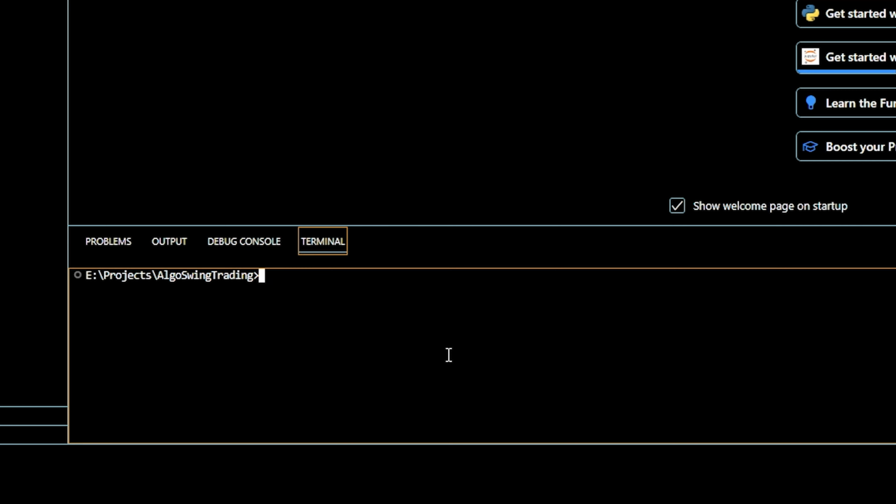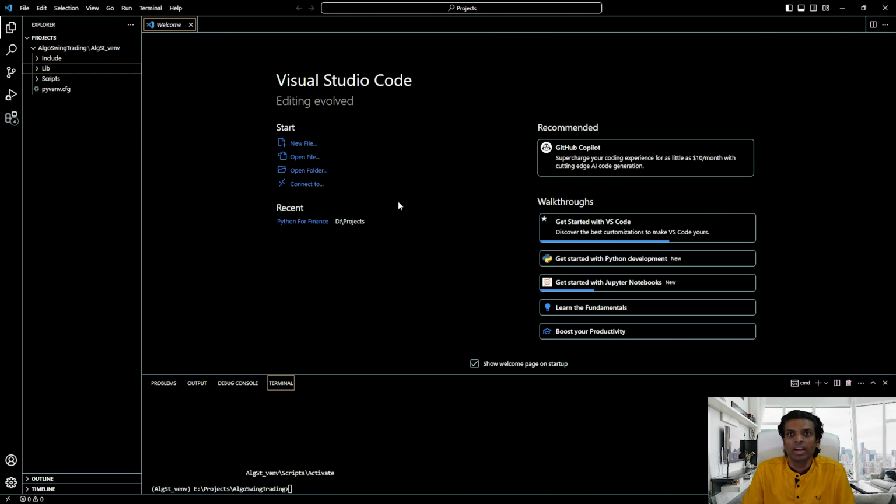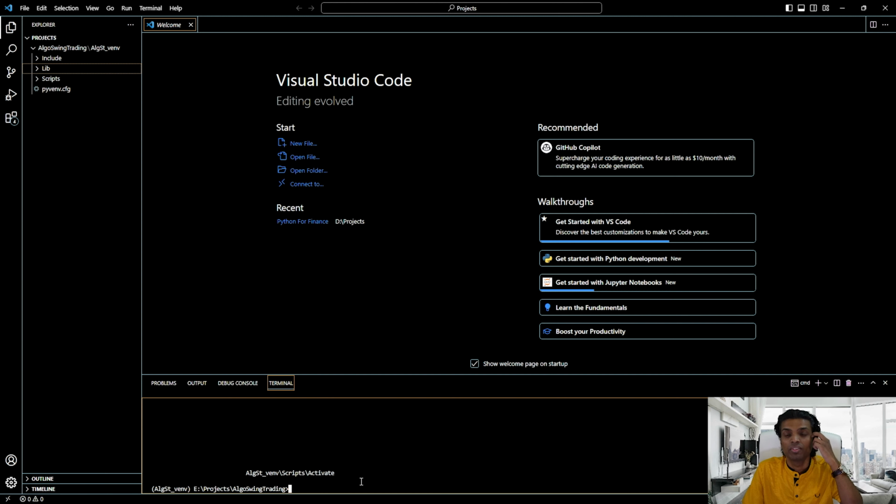Good. Now we need to activate this. Let's say algo. What was the library name? ALG virtual environment, and then backslash scripts backslash activate, right? And it's really important that you activate the virtual environment. Otherwise, whatever libraries you install will not be enabled, or let's say it will not be effective,